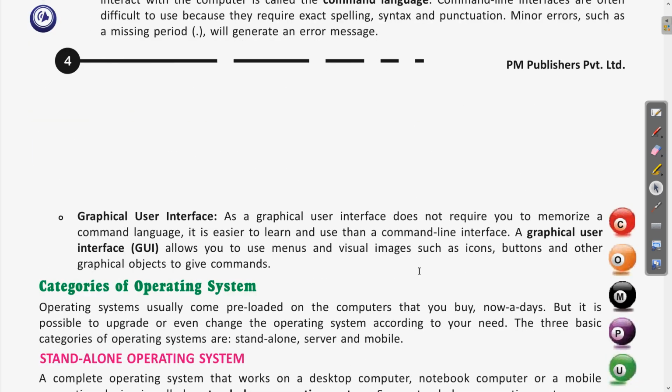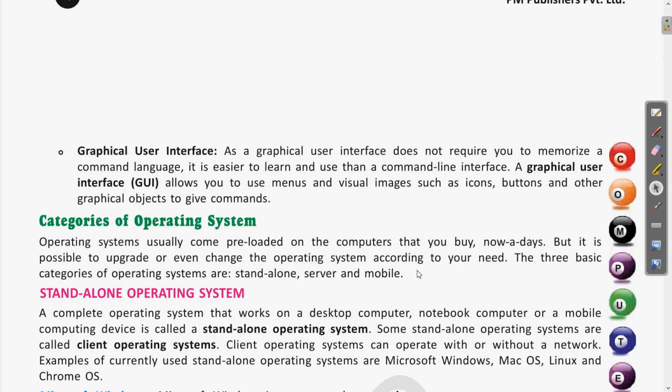Clear? Next is the graphical user interface. Graphical user interface, as we know and use as well, the different Windows operating systems and the different application software which we use, they have different menus, images, icons, buttons. Clear? So these are all the graphical elements. In the graphical user interface we don't need to memorize the different commands as well as the syntax. So this is the advantage of the graphical user interface, that it is easy for users to interact using this interface.